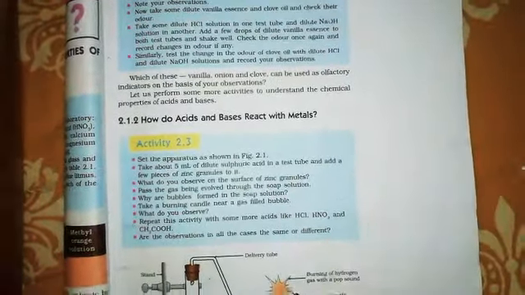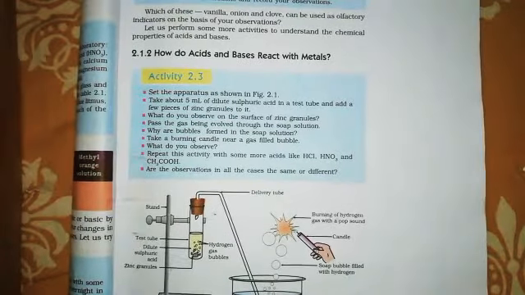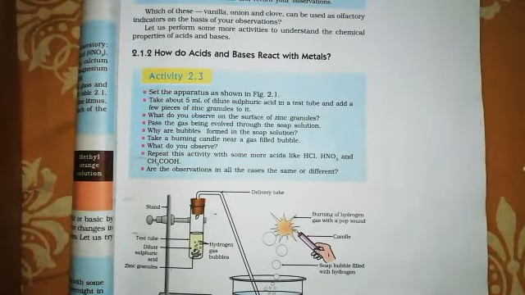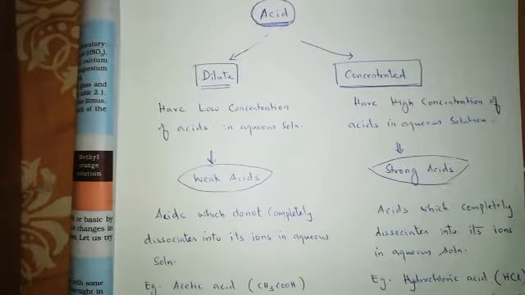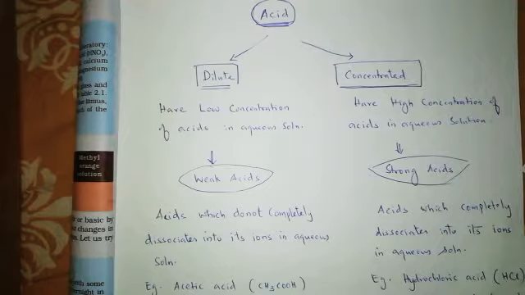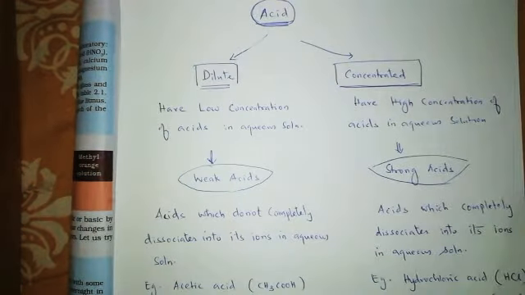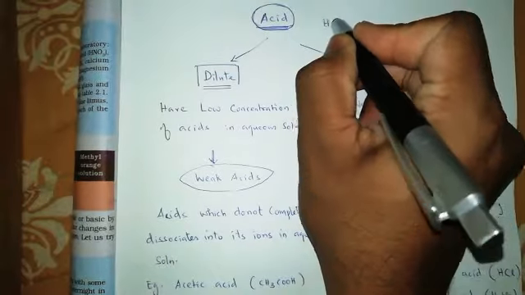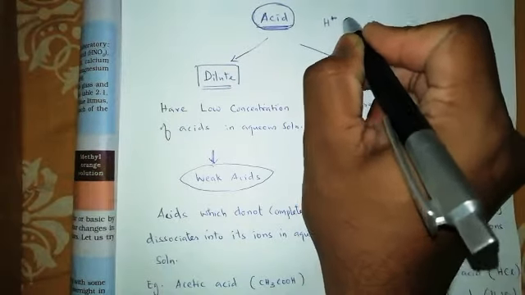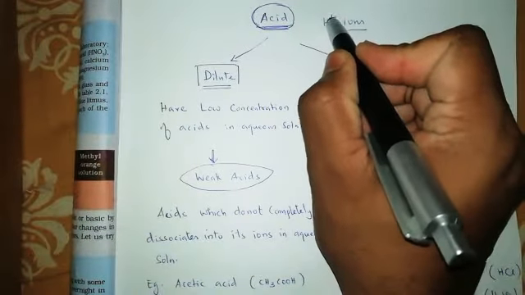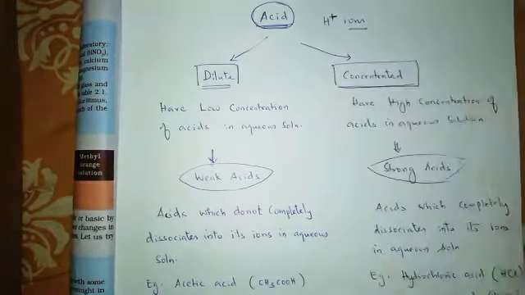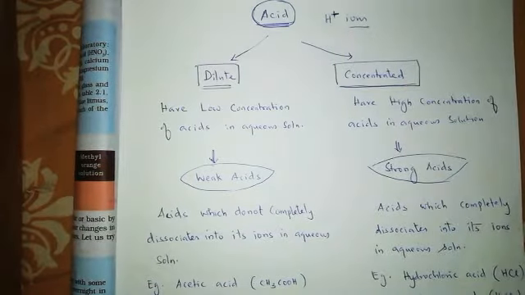Today we are going to learn about acids and also bases. What are acids? We may hear about acids in lots of things. Acids consist of H plus ions, right? That's what we used to say. They all have H plus ions, and they produce lots of H plus ions, and they are strong, they are vigorous in reaction.